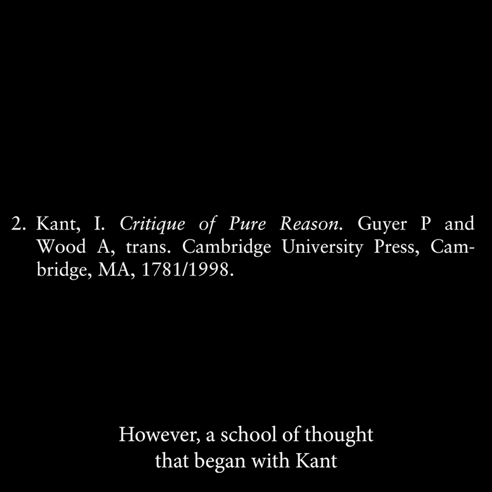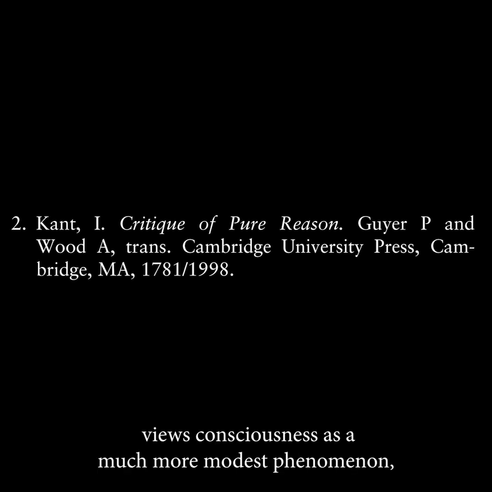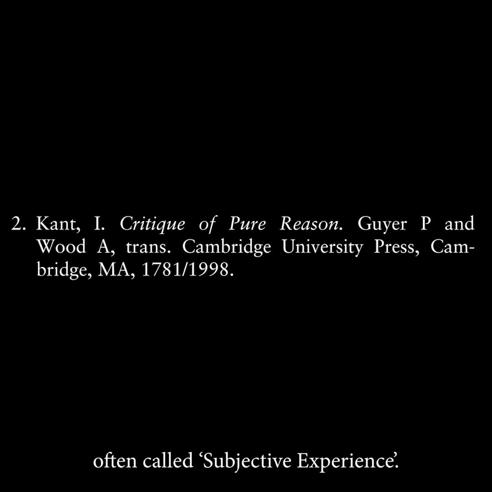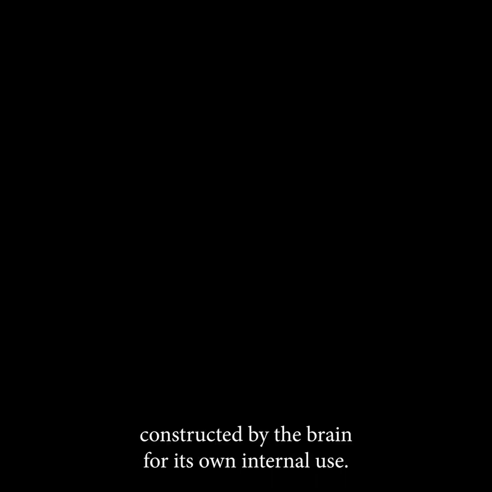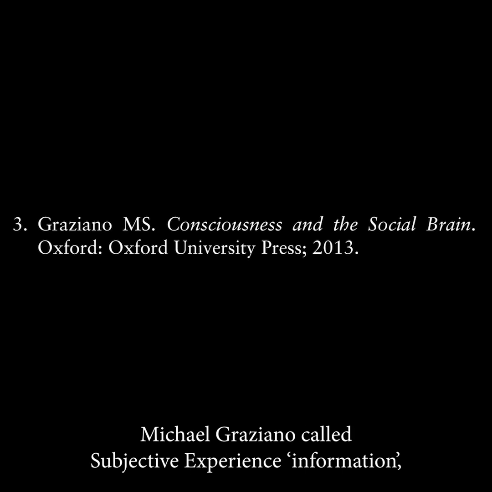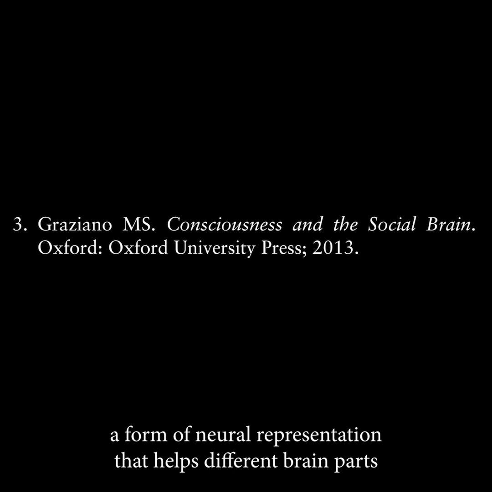However, a school of thought that began with Kant views consciousness as a much more modest phenomenon, often called subjective experience. To this school, subjective experience is a representation of the self in the world, constructed by the brain for its own internal use. Michael Graziano called subjective experience information, a form of neural representation that helps different brain parts